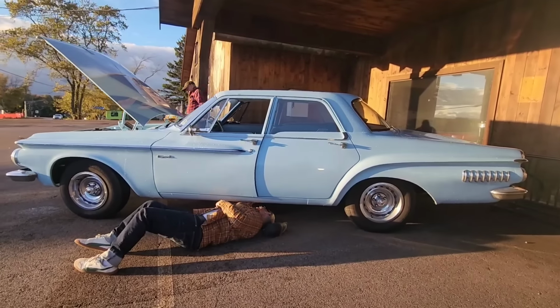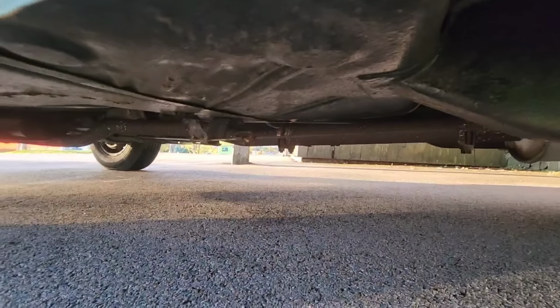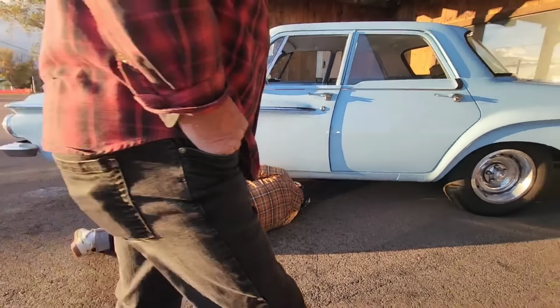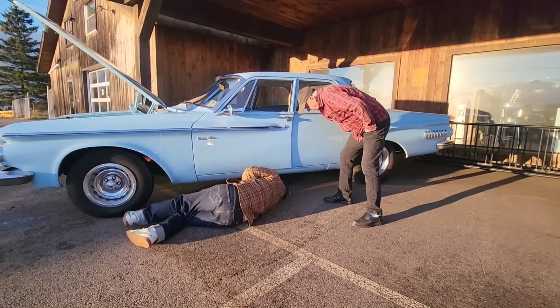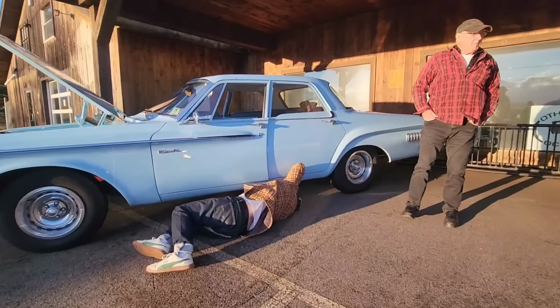Wow. How's that side look? Chad, would you say that was fixed or is it original? What can I say? There's something going on right there. I couldn't tell you. Right here there should be a rib or something, but there's no holes or...